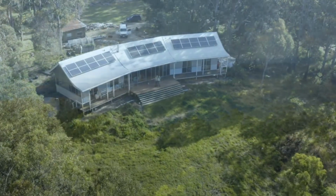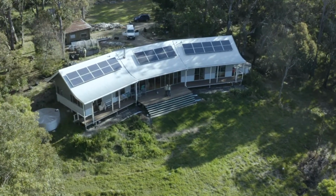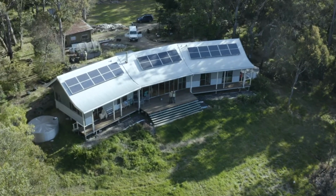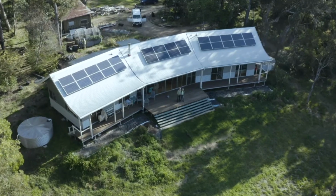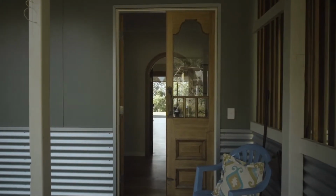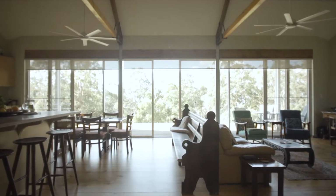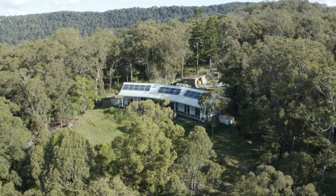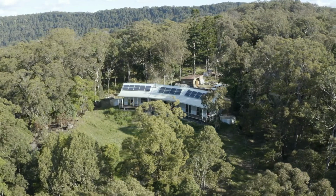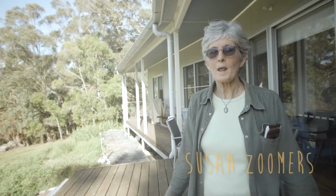Thought it was important to have the trees as habitat. It creates a cooler climate. It captures all the mists and moisture coming through from the southerlies, and the habitat. I mean, the wildlife. It's all there to enjoy, and we're just in the middle of it as observers. We see the changes day in, day out, and that's